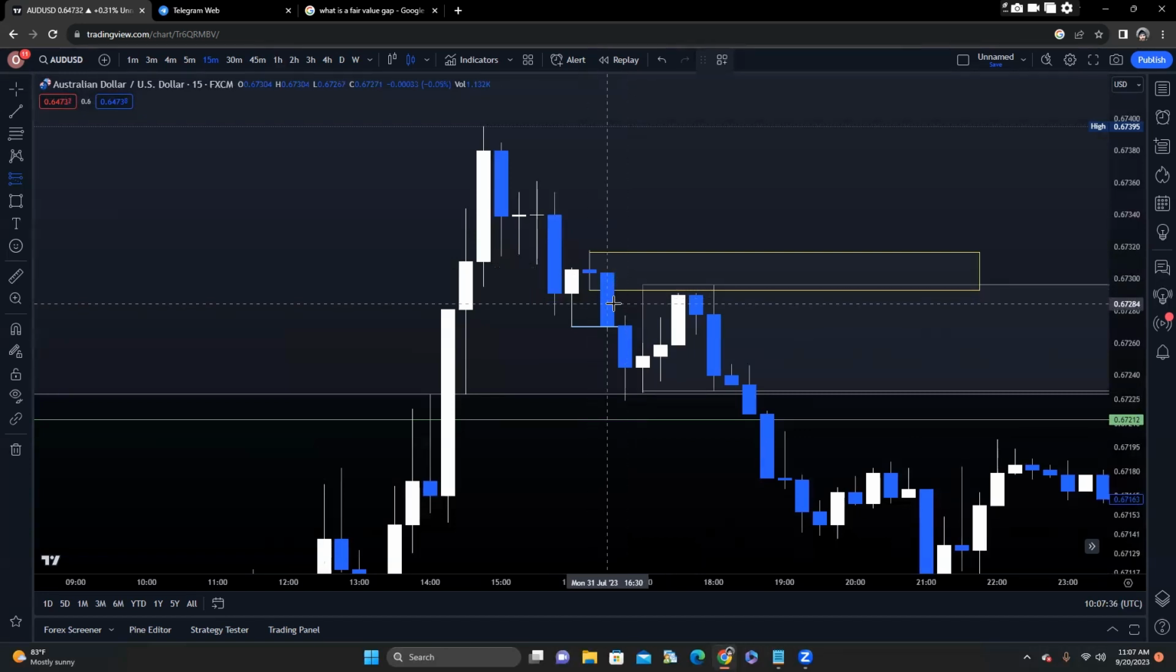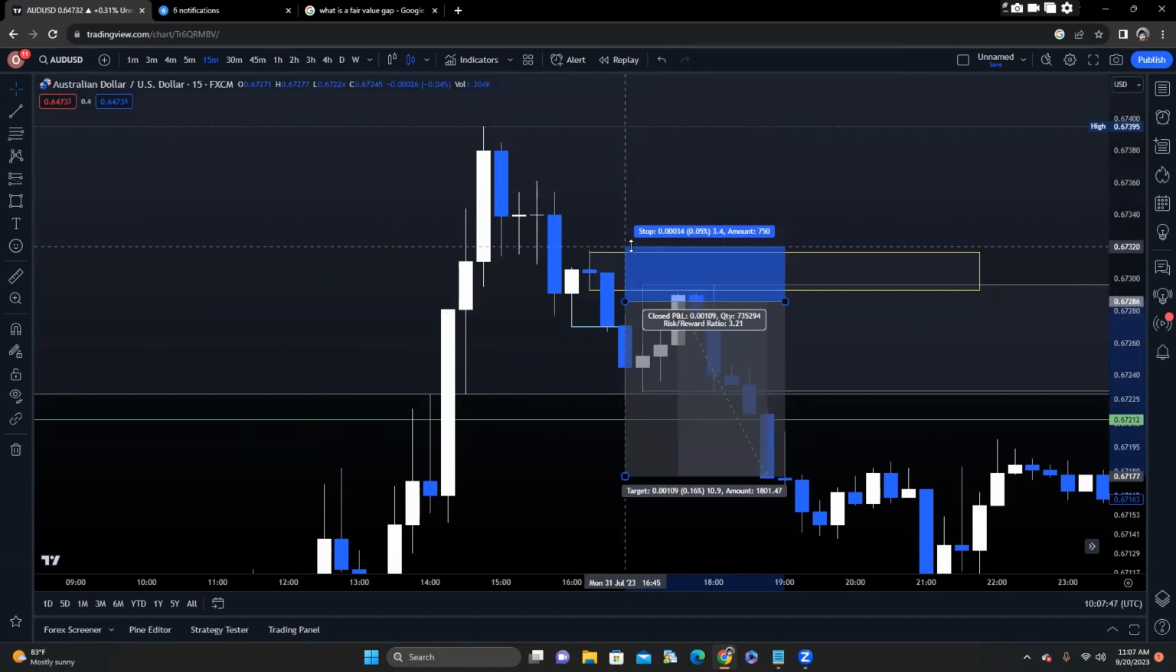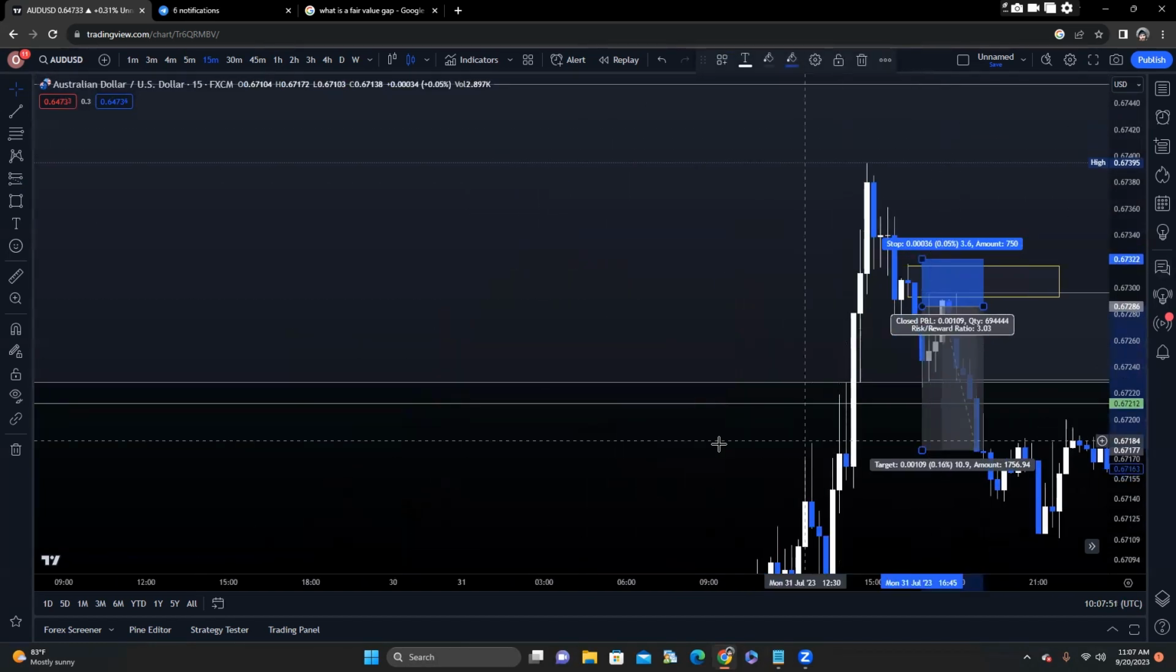I like maybe, some people do 50% of the fair value gap here. I like somewhere around here, because most brokers' spreads are wide. So I'll set my stop loss here. Now it depends, I'm going to be real with you. If I was trading this,